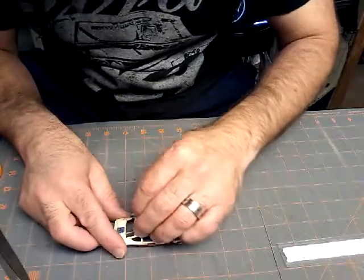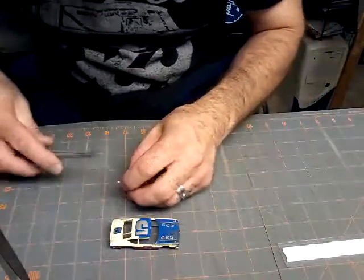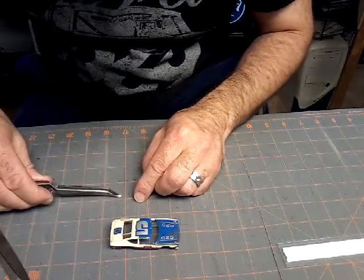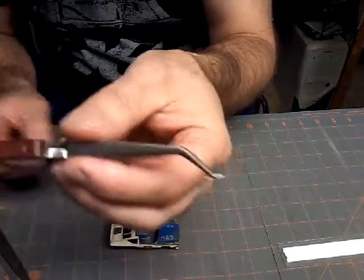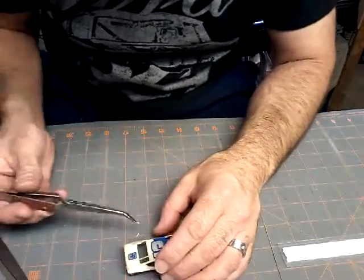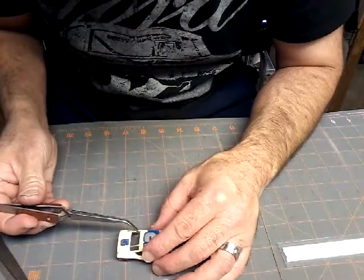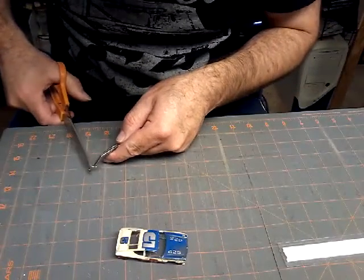Thought I'd work on my cutting mat here today to make it a little easier to work with. Having one of these comes in really handy too, a pair of hobby tweezers that you don't have to continuously hold a piece. You can take it and put it down and size your piece and see how much more you need to